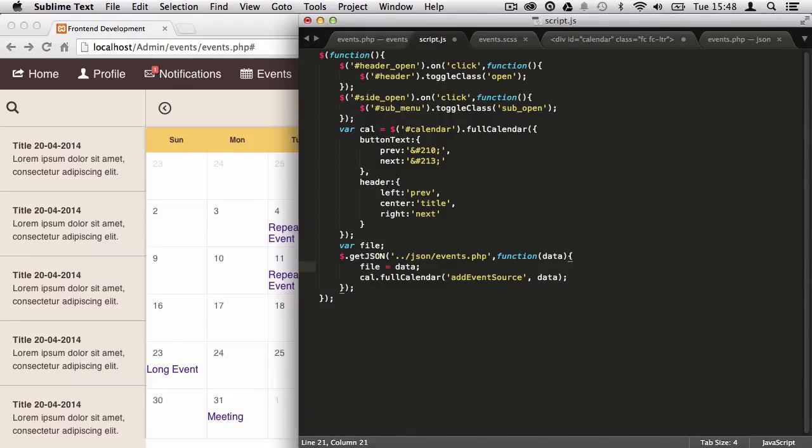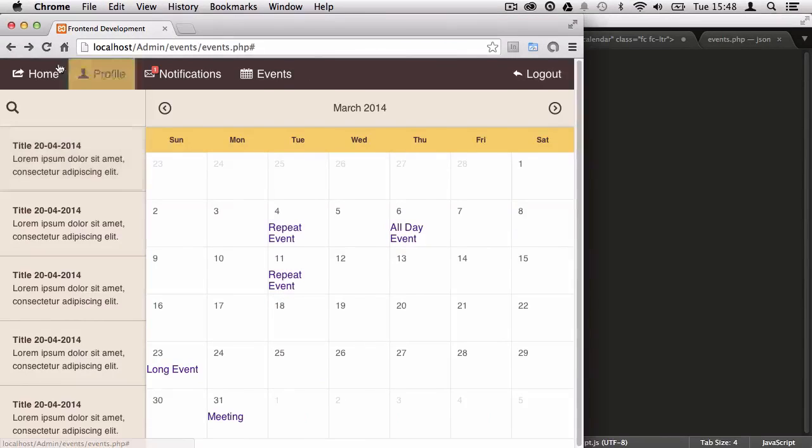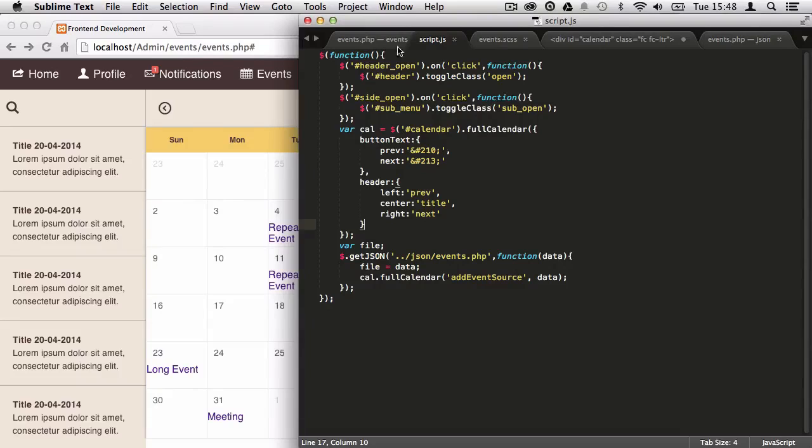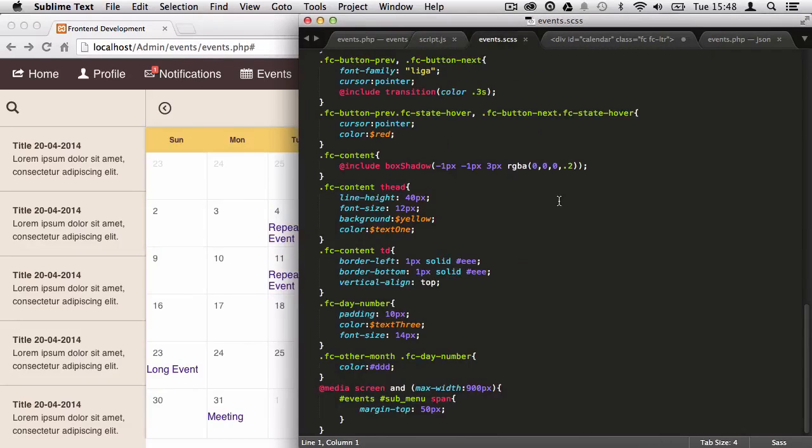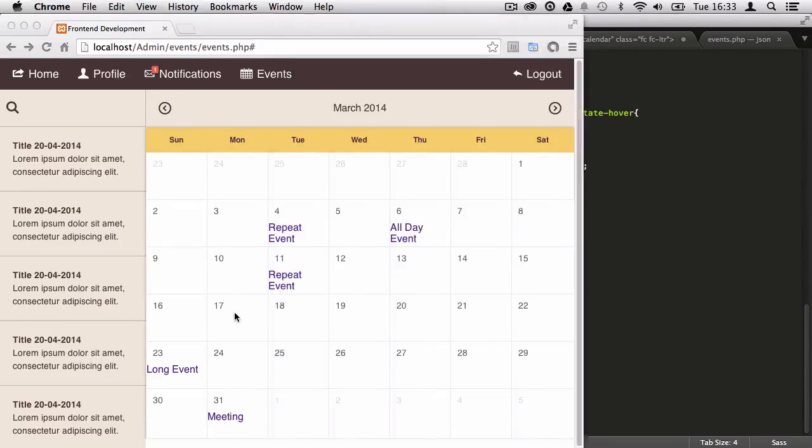And so that's why I've gone to such lengths to load in the data this way, and not through the plugin itself, because that can actually cause a problem. So now that I've done that, let's go ahead and save this, and we'll stop with the JavaScript for a little bit. I think we should take a rest from that, and now take a look at styling up our events. So let's go ahead and move over to the events.scss file, and then let's take a look at